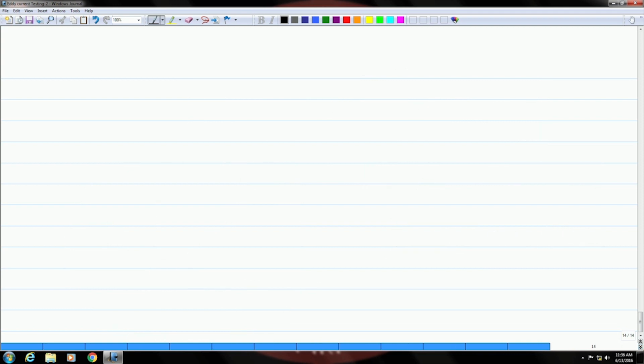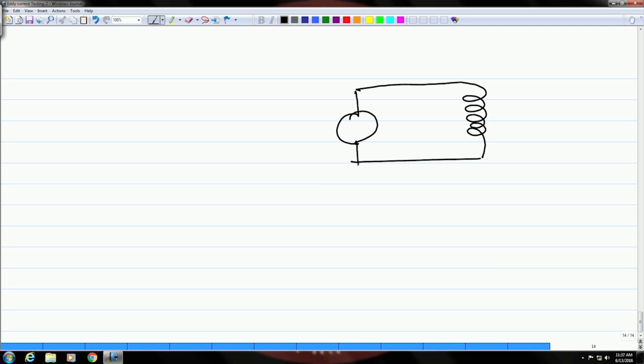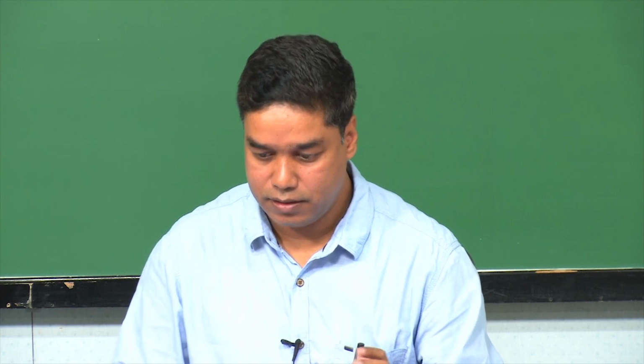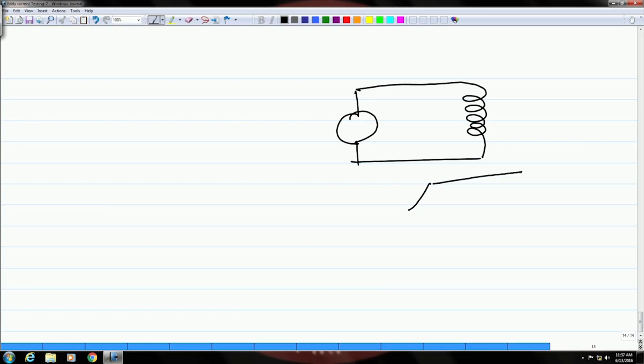So, in eddy current testing, as I have told before also, you have this coil which is carrying an alternating current or a changing current to induce the eddy current onto the sample. So, here nearby, if you have a conductive surface, you will have these eddy currents forming,